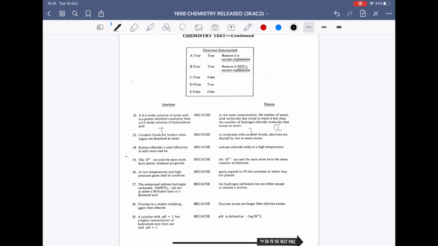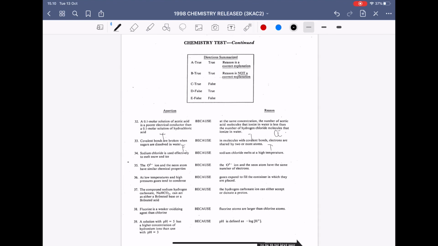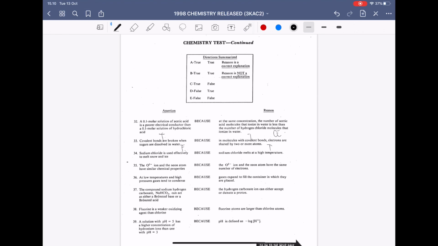Covalent bonds are broken when sugar is dissolved in water, because in molecules with covalent bonds, electrons are shared by two or more atoms. The first is false, and the second is true. And that's because, let's say, sugar, or rather sucrose, has a chemical formula of C12H22O11, and when it dissolves in water,